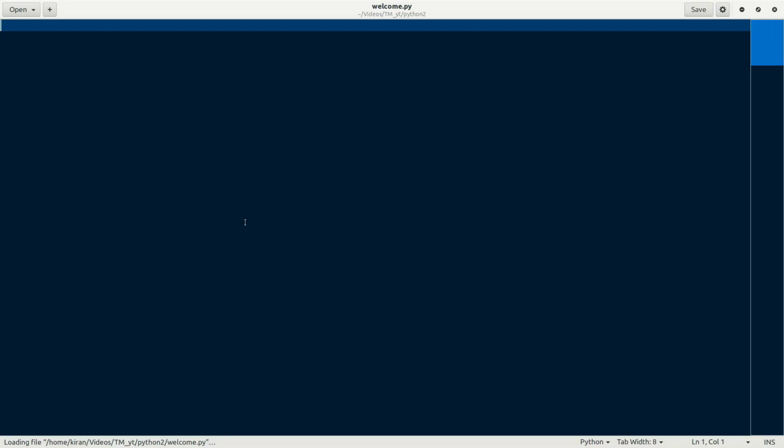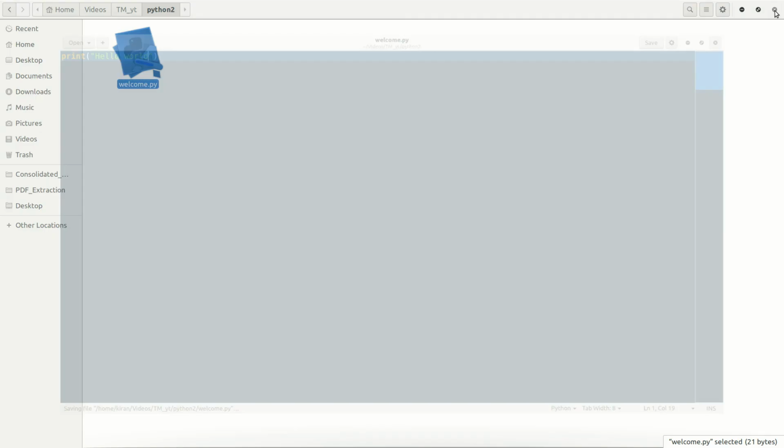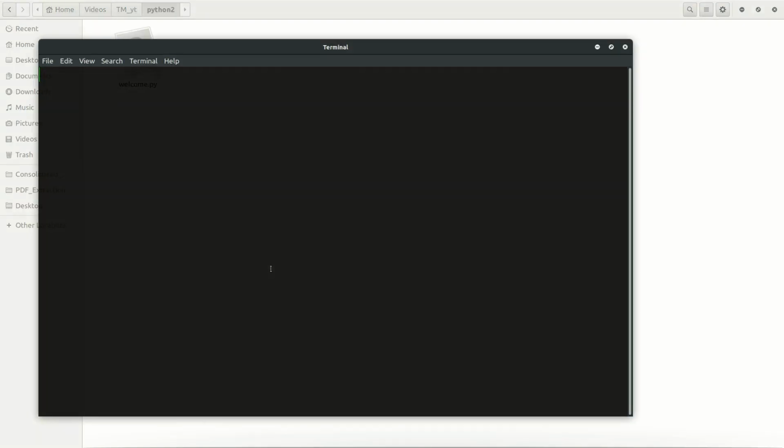This is simply an empty file. If you want to write your first program to print hello world, I'm using a print statement, hello world. Let's save the file and then open terminal